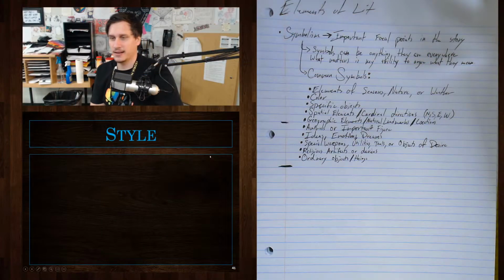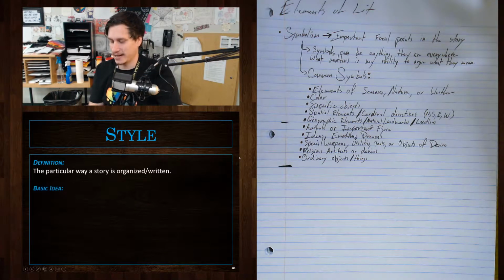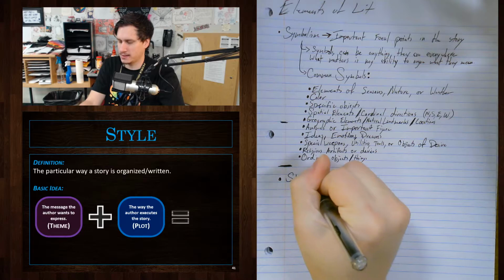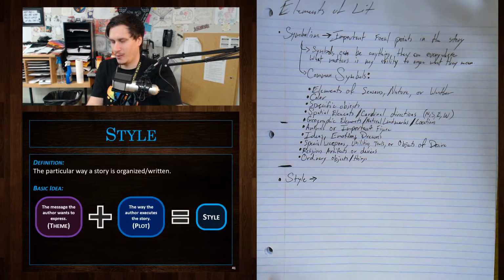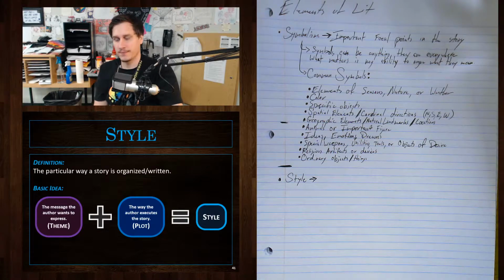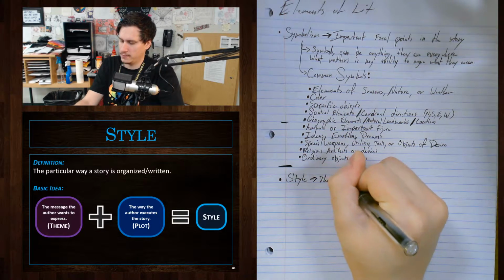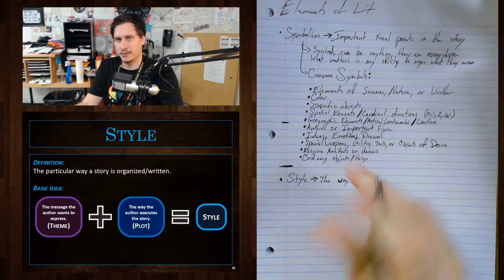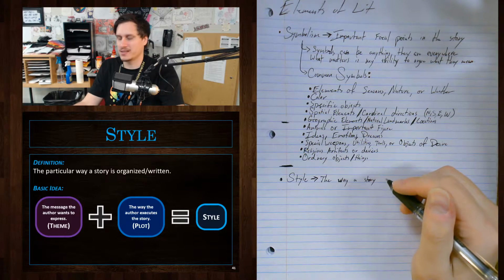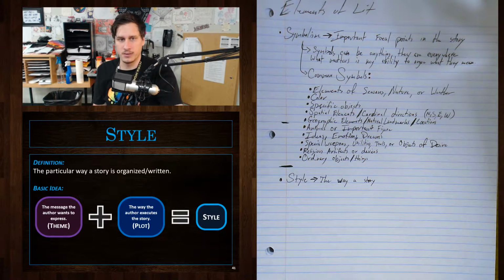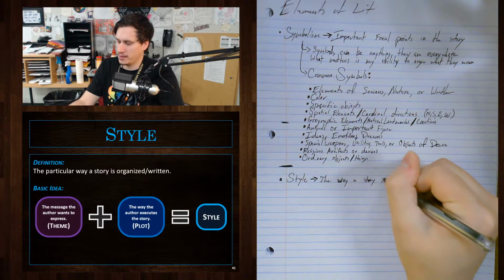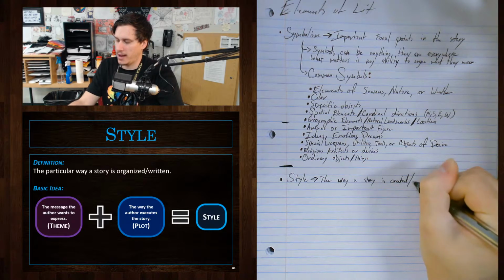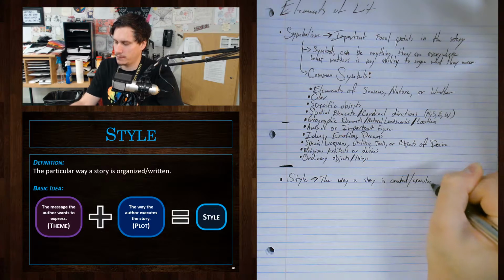Okay, the last element that's, like, the big one is going to be style, okay? Style. What is style? Style is going to be the way that a story is organized and written. If you understand this word, executed, like to do something, I actually would use that word instead. It is the way that a story is executed. It is the way that a story is accomplished. The way a story is created. That could work. Executed, written,